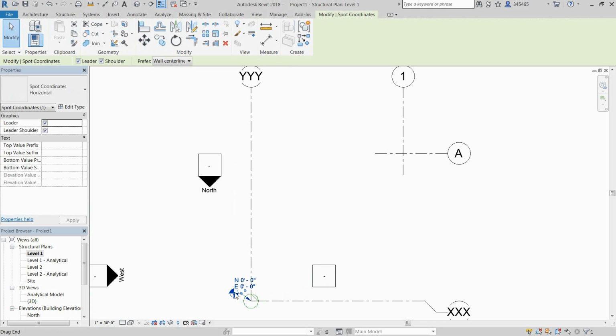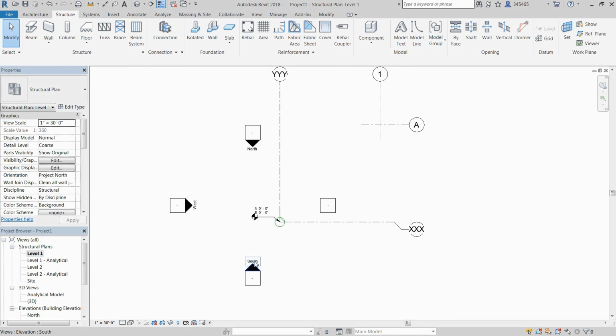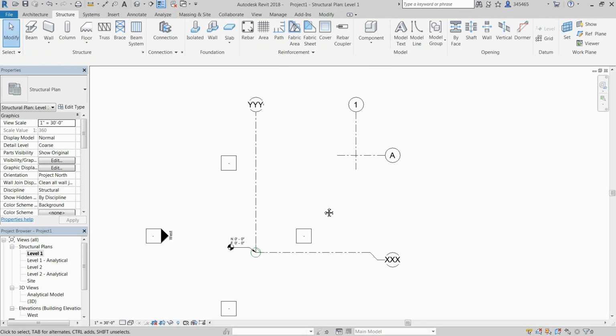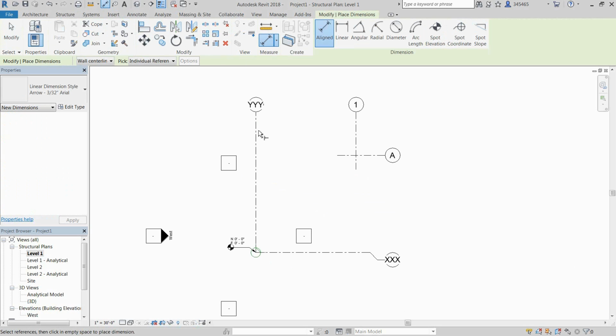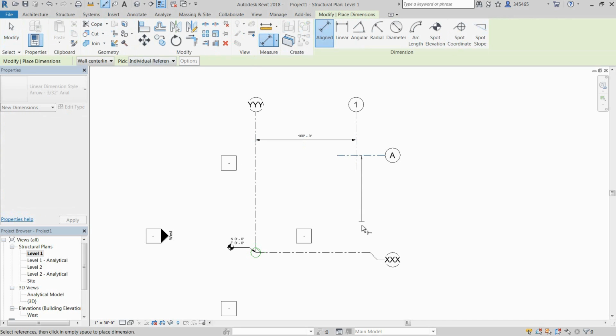What I'm going to do in here is place in some dimensions, adjust, and for this aspect, I'm going to delete out some of this geometry. I'm going to leave in the coordinate location. I'm removing these. I'm going to simply have these where they don't show. And in adjusting the grid system,